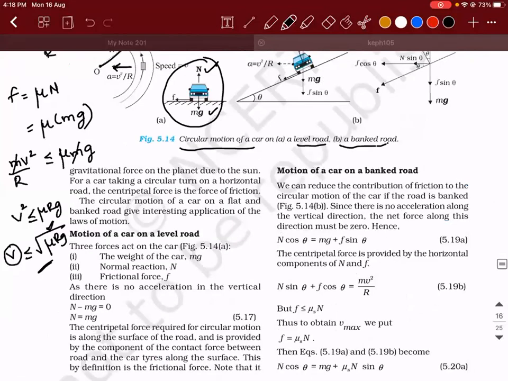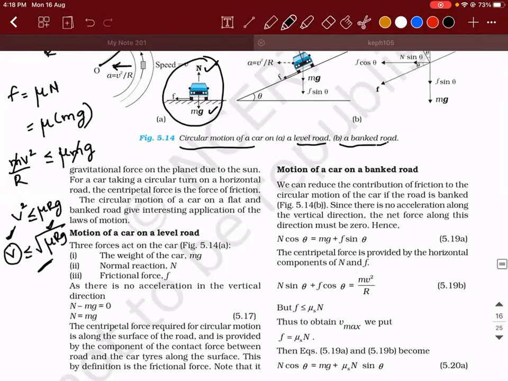The reason why I wrote equal, tell me. Usually objects turn or displace only when the force is unbalanced, right? So here, how can the centripetal force be equal to frictional force? It is less than or equal to, it is the maximum value I'm trying to say. See here, I'm trying to talk only about the formula. I'm repeating it again: mv square by r is not a force. It is a formula. Please understand that.